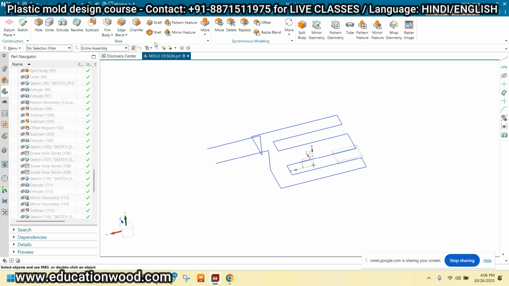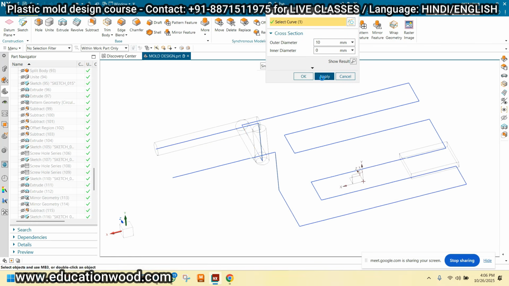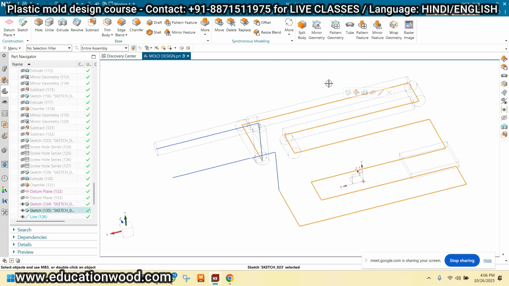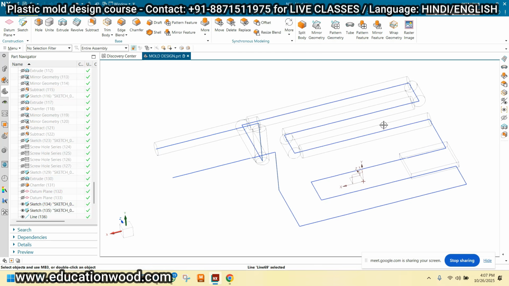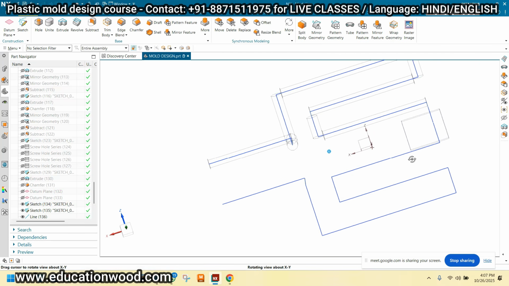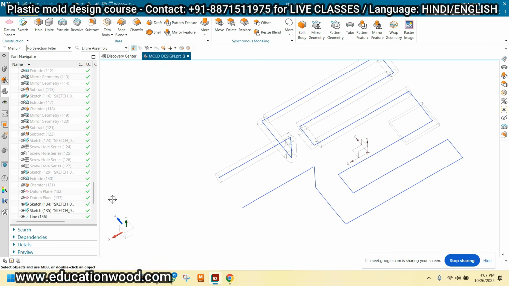And where is the tube one? This is the tube, right? See, 10 mm, right? Apply, apply, apply, just apply. Okay, let me check. Just apply. Let me check 1 minute again.